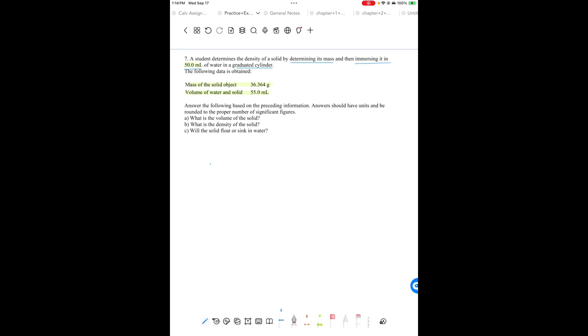So let's draw a picture of what this looks like. My amazing art. All right, so we put in an object and our initial water is at 50 milliliters. Here's our object. And our object raises the water level to 55 milliliters. Our object's in the water. So we have a change in volume, and that's going to tell us the volume of our solid, the change in volume, which means our initial volume